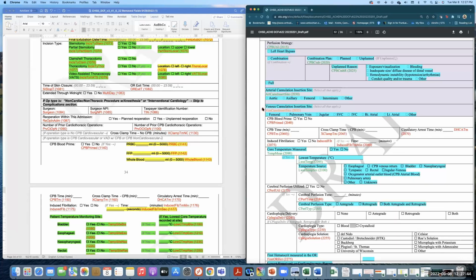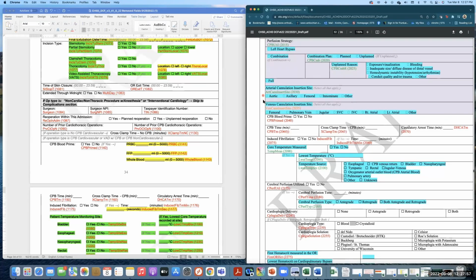The next cannulation site that we are asking for is the venous cannulation insertion site. We have several choices, whether it be femoral vein or pulmonary vein or your jugular vein, your SVC, your superior vena cava, or your inferior vena cava, your IVC, your right atrium, your left atrium, or other. Most commonly, you're going to see right atrium. That's your most common venous cannulation insertion site, unless the surgeon is doing bicaval. If he documents this as bicaval, then you're going to choose the SVC and the IVC because those are the